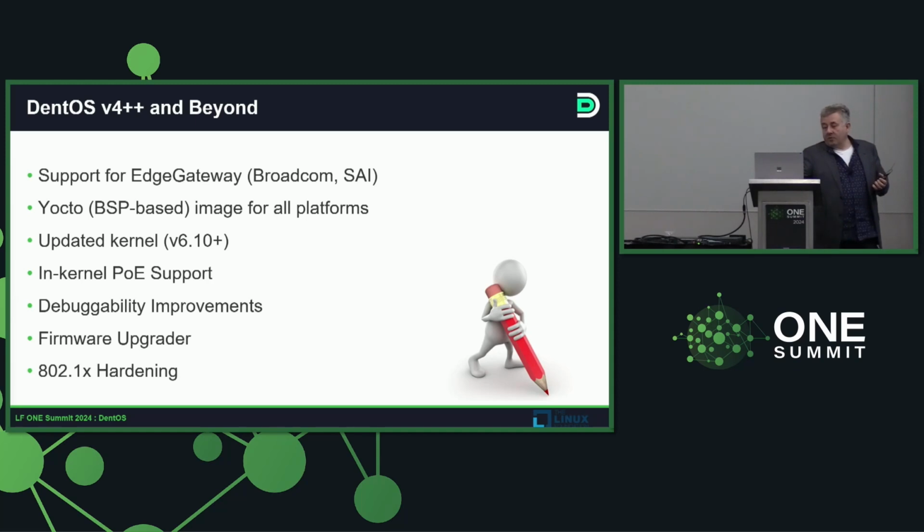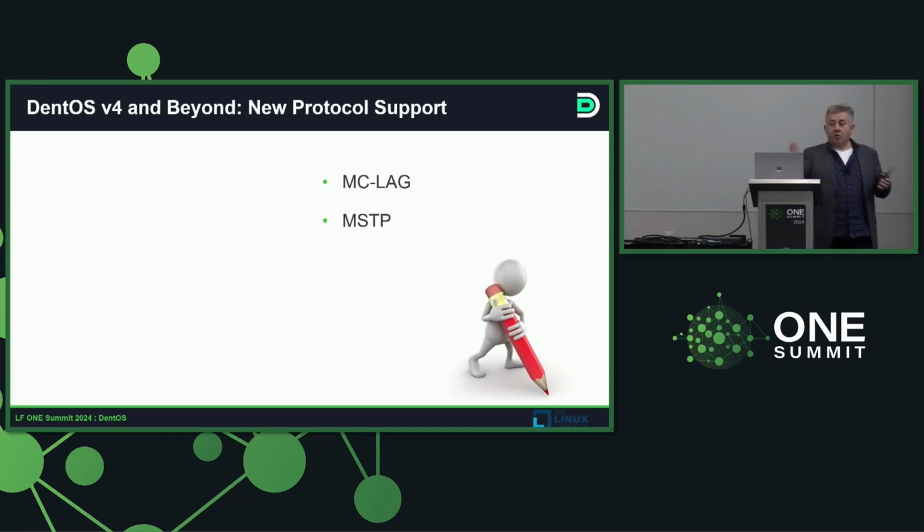And one last item we're focusing on is the .1x. We do have .1x support in the current release. We'd like to go ahead and include the features that have been tested to a wider coverage so that we can address more use cases. Right now, only a couple of use cases have been verified. Couple is a lot, don't get me wrong, but we want to increase the coverage so that the .1x adaptation is more. There are additional features we're looking at, like MCLAG, MSTP, etc. Those are on our backlog. And I've listed some of these here.